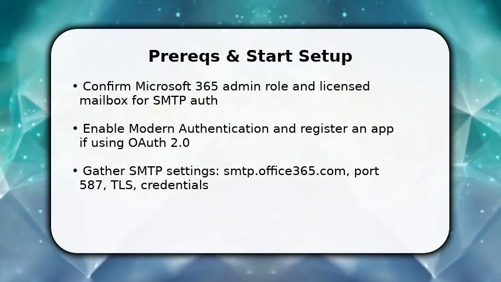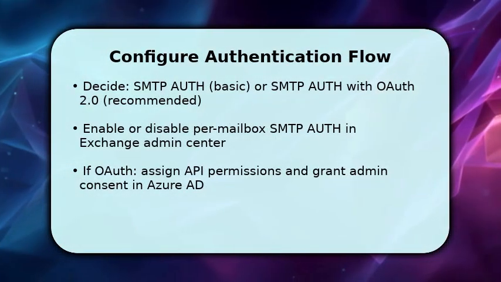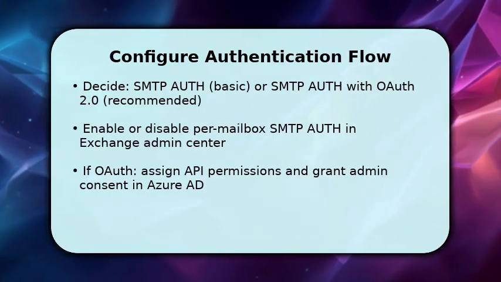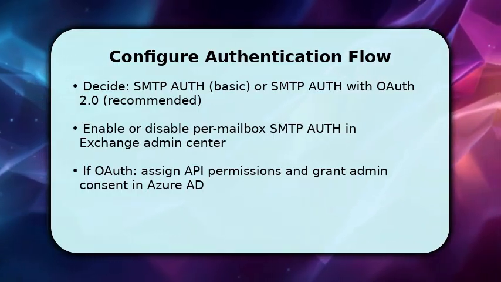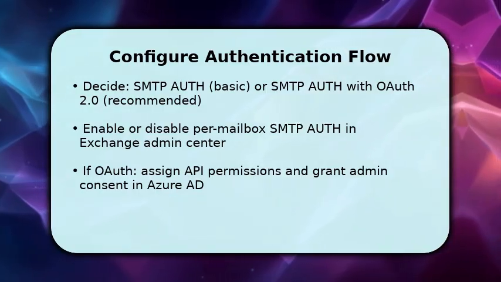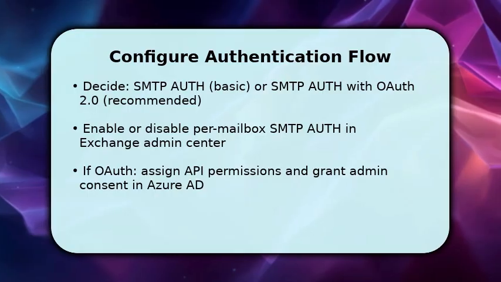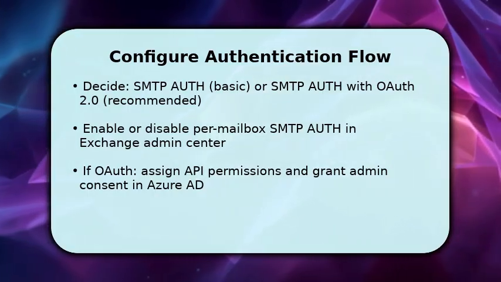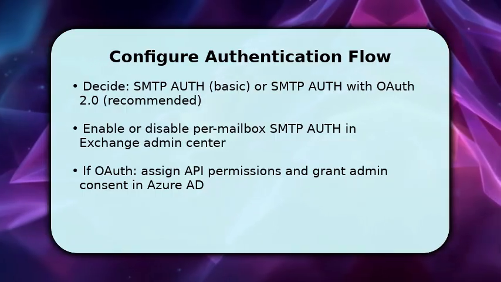Once done with prerequisites, decide whether to use legacy SMTP Auth or OAuth 2.0. OAuth is more secure and recommended. In the Exchange Admin Center, open the mailbox properties and enable SMTP Auth per user, or disable it globally if blocking basic auth. For OAuth, return to Azure AD, add SMTP.Send